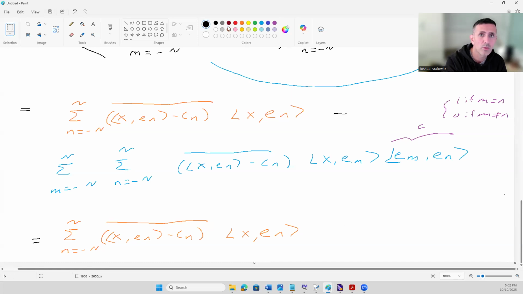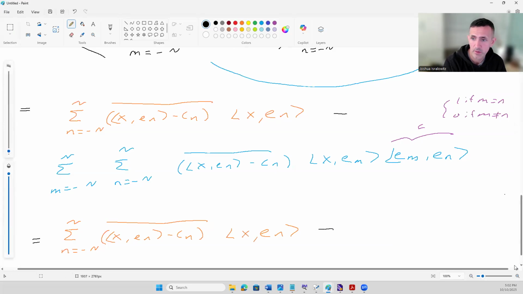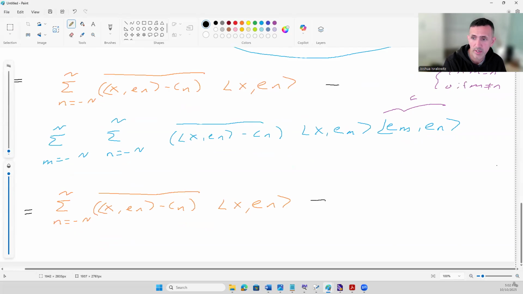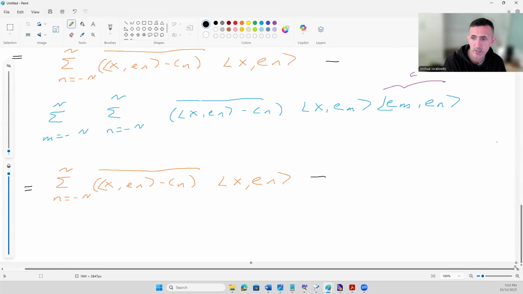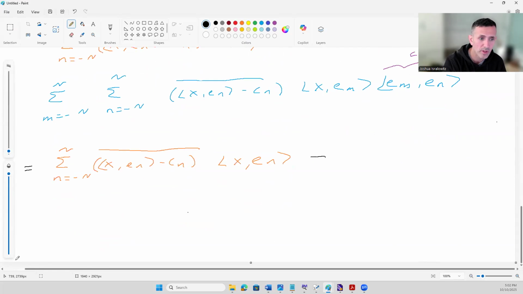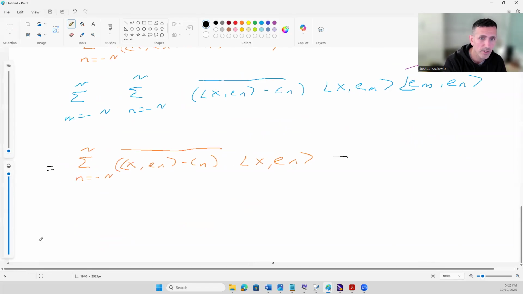And I'll just do it in blue. Yeah, I think writing everything out with these little computations is probably the most annoying part of a proof, not even proving it. Funny, but